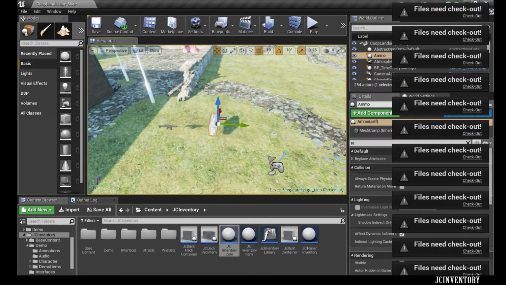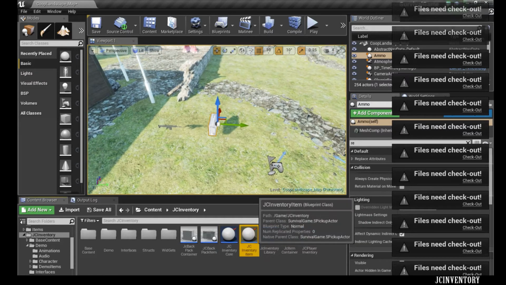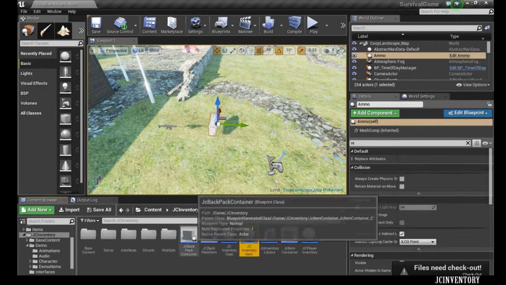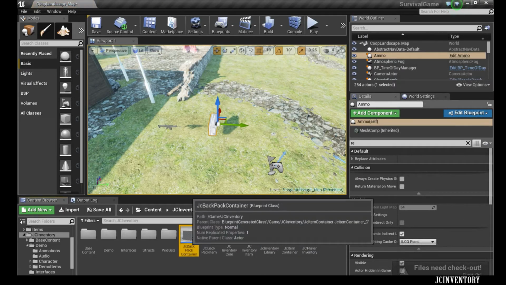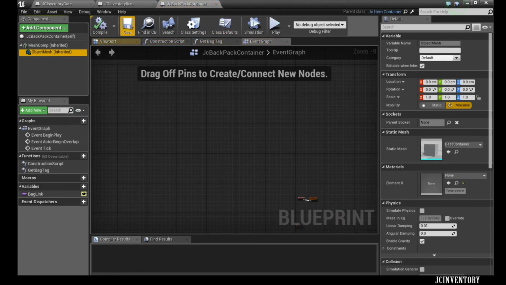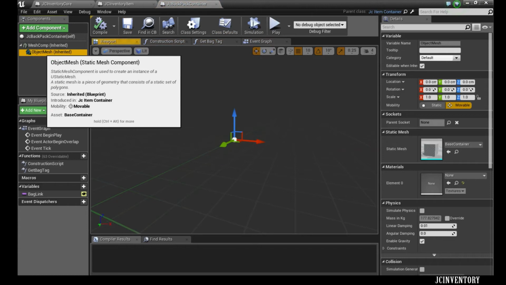Okay. So just to go over that again, the JC Inventory Item's parent class is a pickup actor, but the container is a usable actor. And once again, I need to change its mesh. So I'm going to go to the viewport and I'm going to select the object mesh,